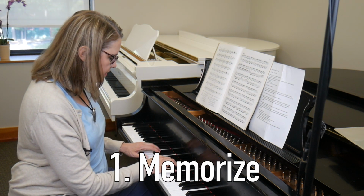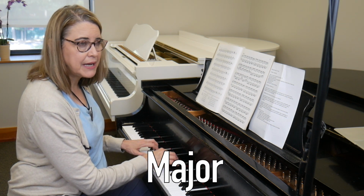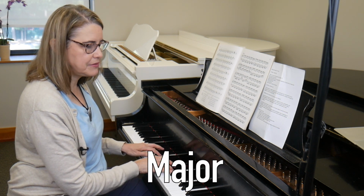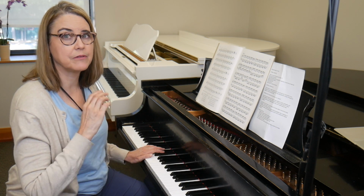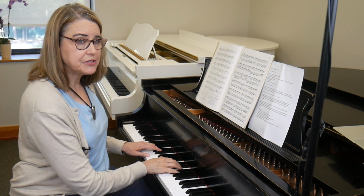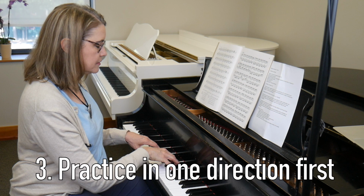It's very easy. It's just major, like I said, minor, diminished. Same thing. So first of all, practice going through all the keys with major, minor, diminished, getting really comfortable with those 5-finger patterns. Then the next thing I would do is practice it always in the same direction. So that means I would start on